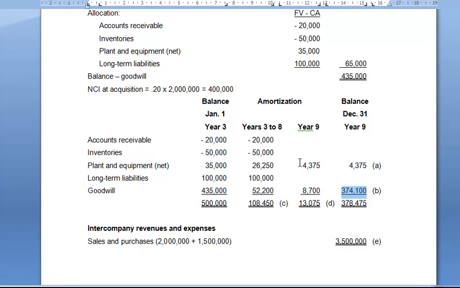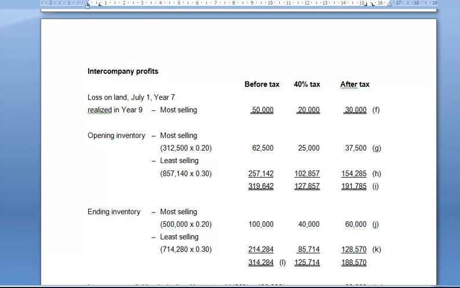I think I referred you to this number in the consolidated balance sheet for the plant and equipment at net. I really meant this one, because anything that's in this last column, this balance at December 31st, year 9, is going to show up in the consolidated balance sheet because those are the ones that are unamortized. So now we know that